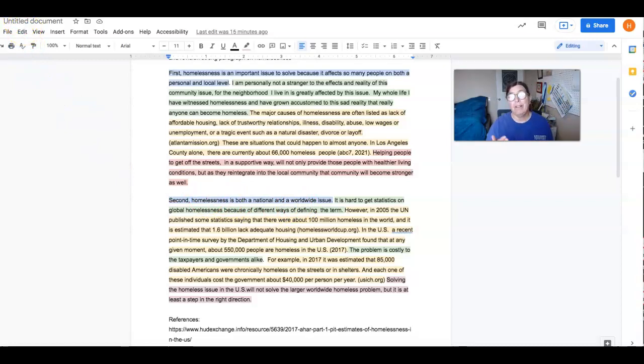An added benefit of sleeping on it and working on it just a little bit more was that I found the original article that all these nonprofits were quoting. The original study was actually a Department of Housing and Urban Development study done in 2017. So now I feel much better about all these numbers that the nonprofits were offering me. Finally, somebody linked it back to the original source, which is great.